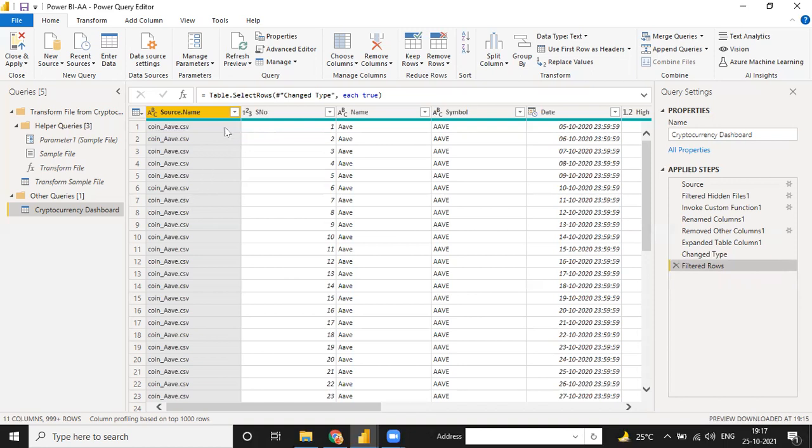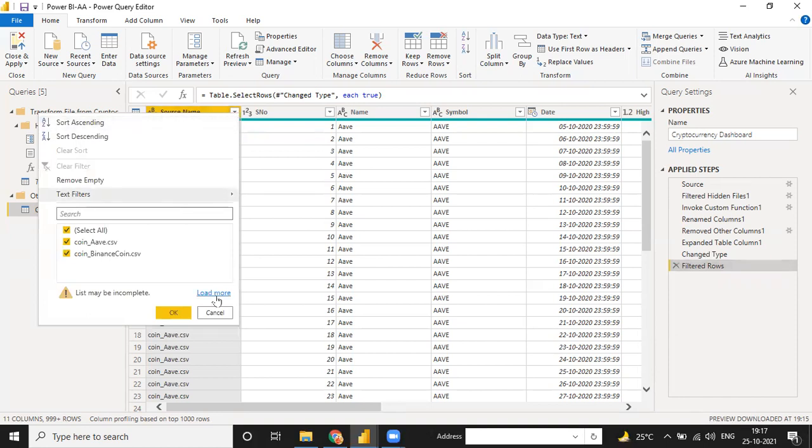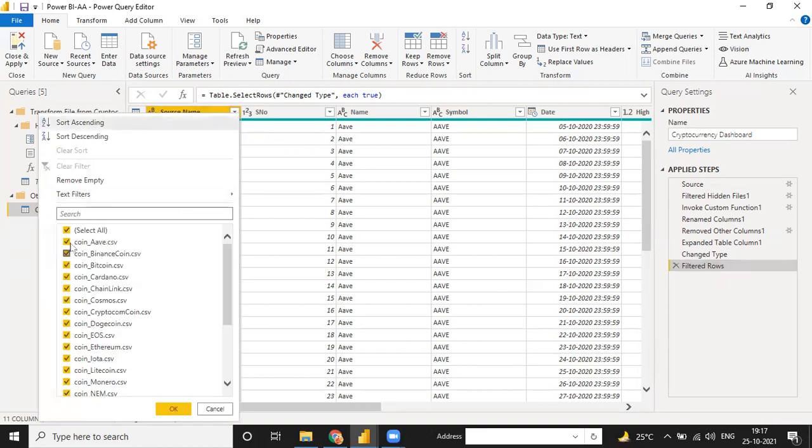Suppose right now, out of these 23 currencies, if I need only two currencies, I just unselect all, and select only coin this one and coin this one. But after suppose one month, I need one more currency. Then I click this one. Until then, only two currencies' data will be published into my Power BI reports.